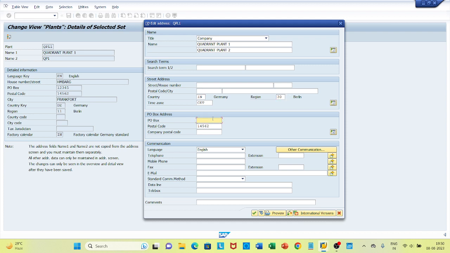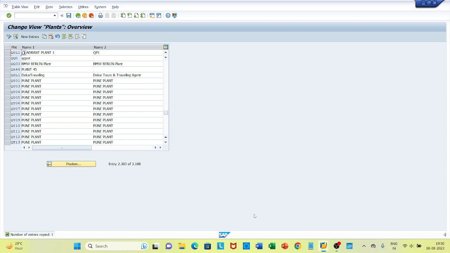The code is also not needed, so I'm just erasing it, and yeah, that's all. Nothing more needed, and number of entries copied. So this is my plant, and I'm just saving it. Save. Yeah,